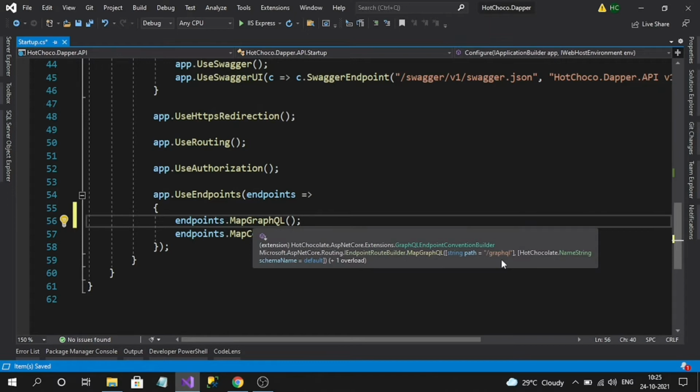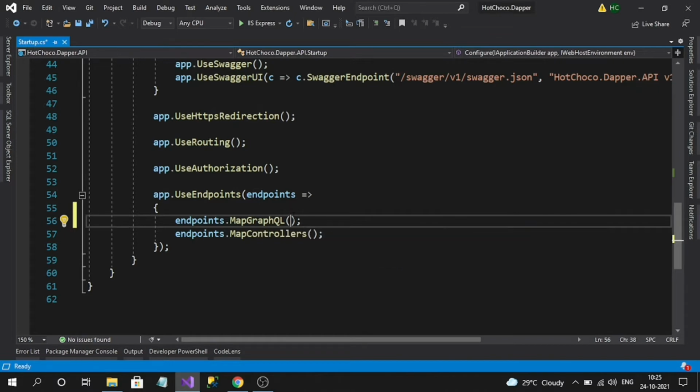Okay, so if you don't want to use this /graphql, you can override the path here. You can specify any path, but I am leaving the default one. Okay, so that is the initial step. And I have mentioned, right, this video is using the Dapper ORM, right? So let's first discuss Dapper and then let's add some code to retrieve the data from the database using Dapper. And then we will do the two main operations we have discussed, right? Query and mutation later. Okay.